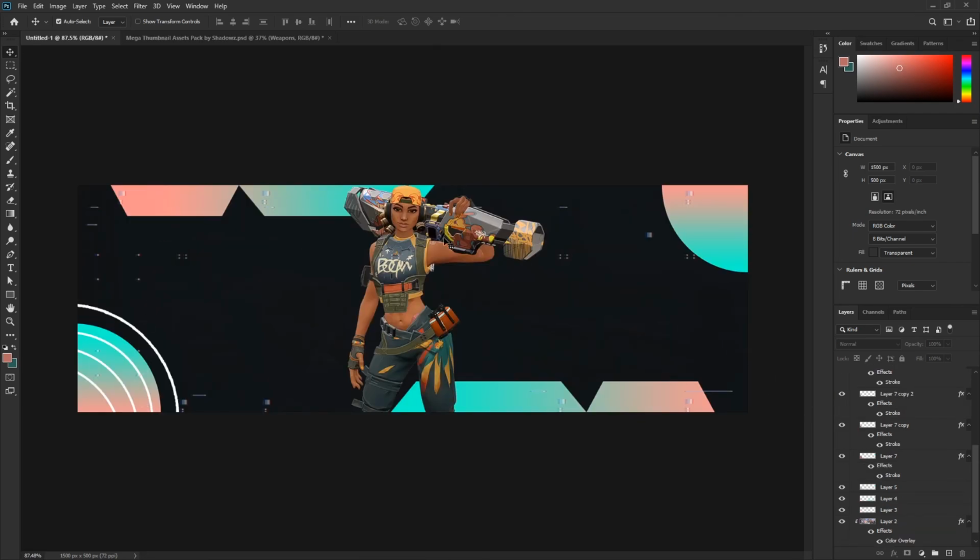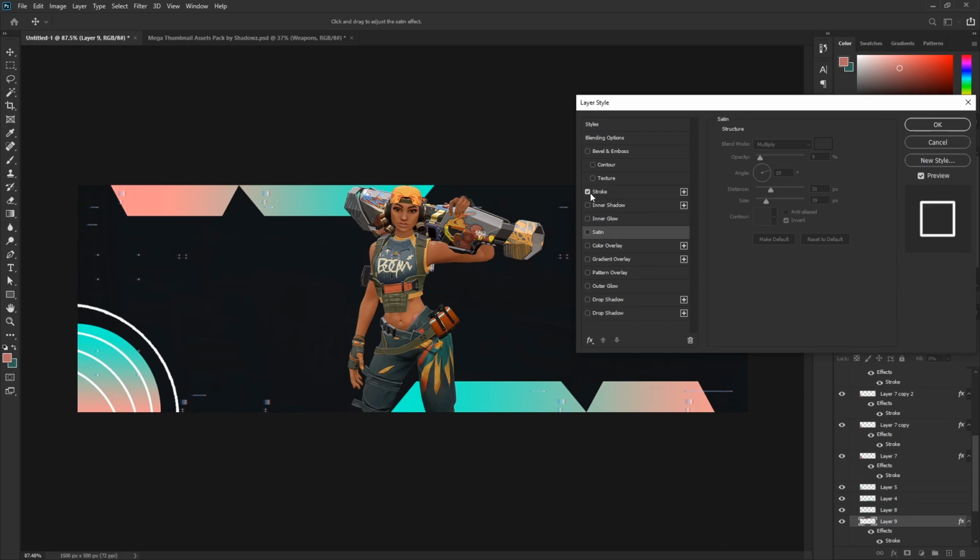Okay, so we're basically gonna do the same thing. I'll repeat it one more time. So make a new layer. What you can actually do is select it like that, pressing Control and then clicking the thumbnail like that. Create a new layer, select that, fill all the way down,